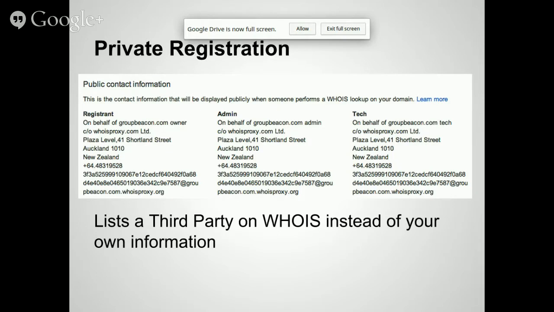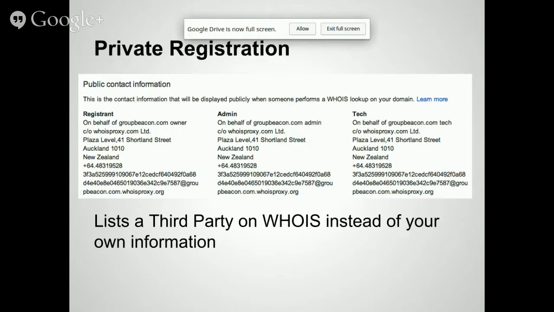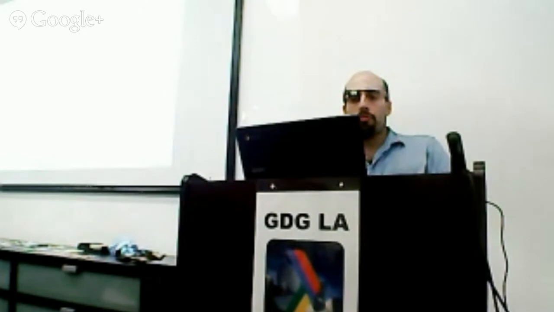Really, if you've done registration with one of the other providers, you usually get redirected to some other site to do private registration. It's kind of annoying. You're like, oh, why do I have to do this? You don't have to do that. It's very simple to do here. You fill out the information, you say, I want it to be private, and that's that. Google's taking care of it. So it's nice. It's a one-stop shop. And so that way, it's a private domain. They'll see something else on there instead of your info, which is nice if it's kind of a startup, you're not sure yet, don't really have office space, that type of thing.